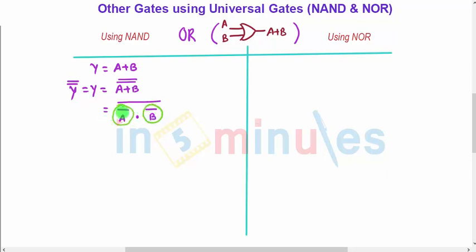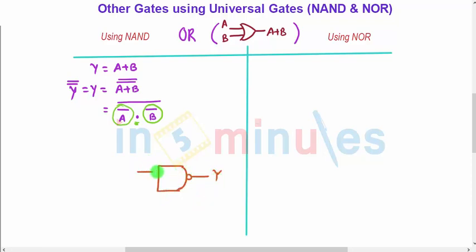Now see carefully, there is an input A bar, another input is there, that is nothing but B bar, and for the inputs A bar and B bar we are having an AND operation, and this upper complement will convert it into NAND. So basically to implement this section I will require one NAND gate. So I will implement a NAND gate here. So this is the required output Y.